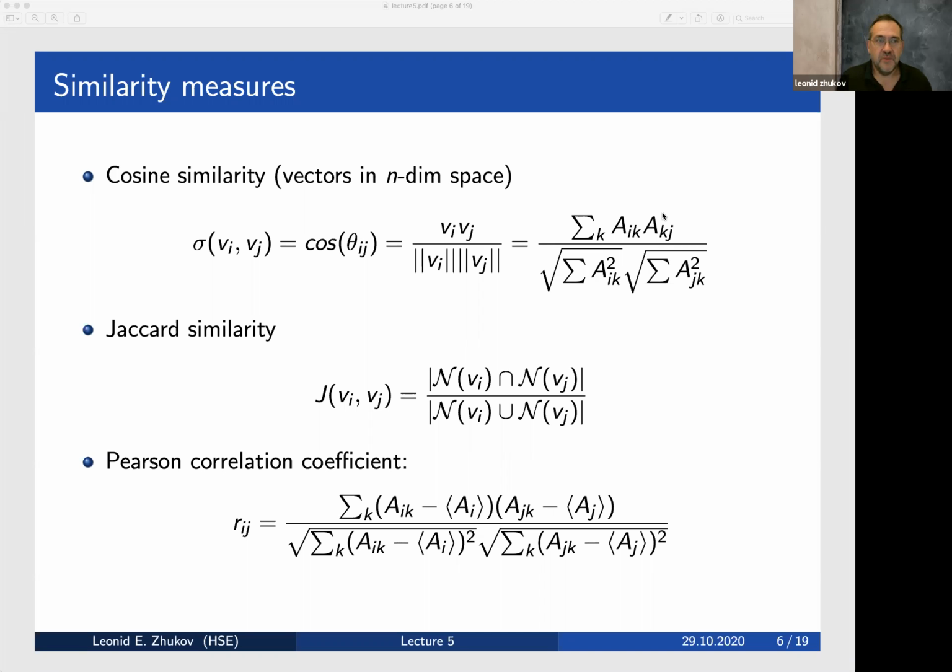There is also the very popular Jaccard similarity, which is in fact pretty much what we just discussed, and Jaccard similarity really computes